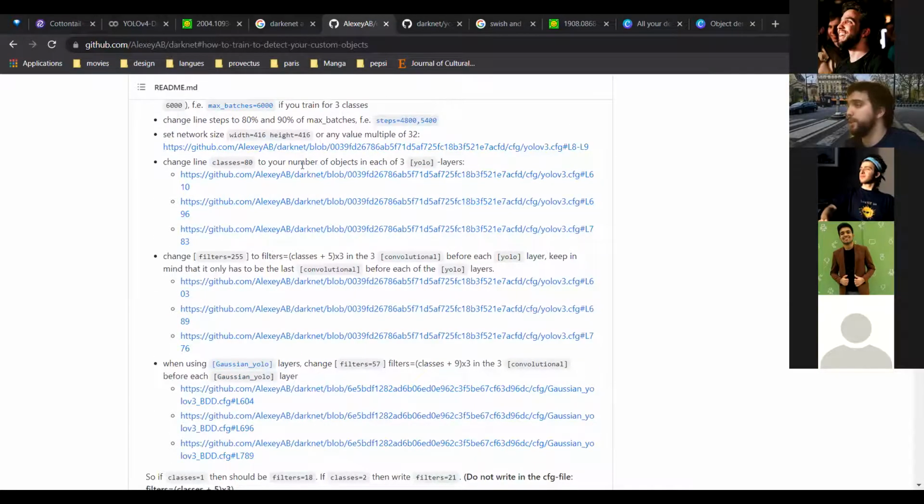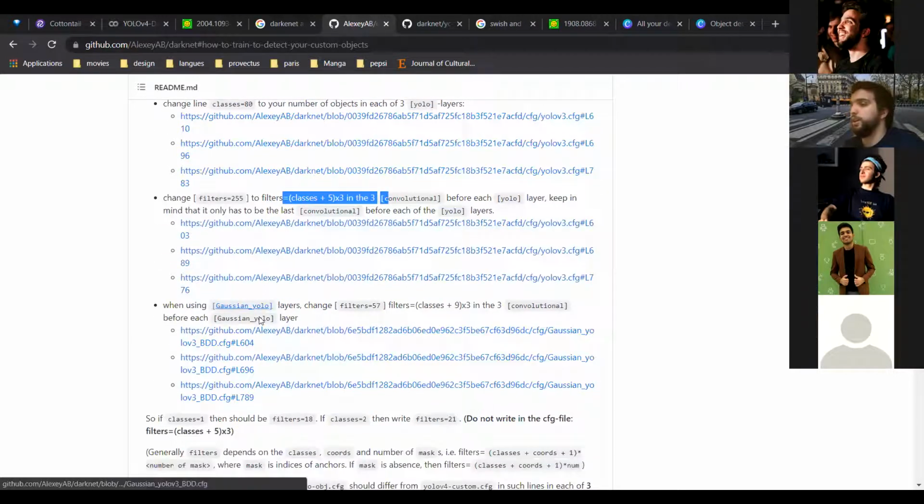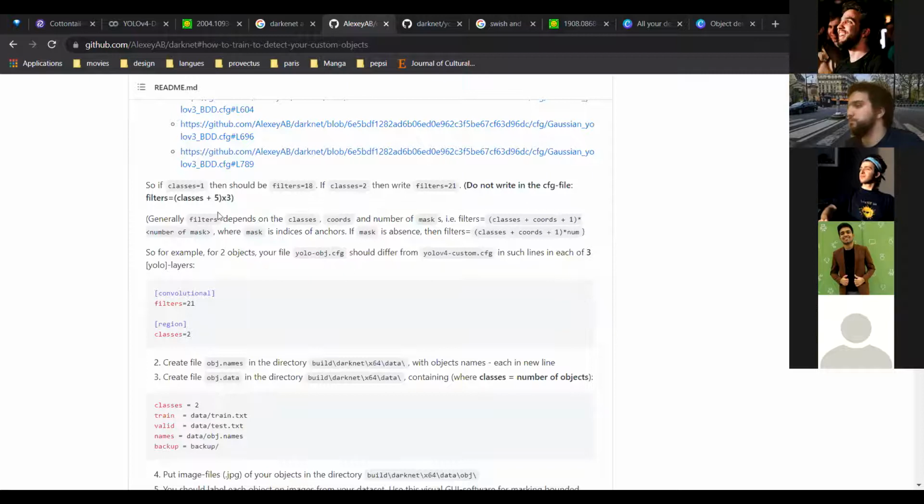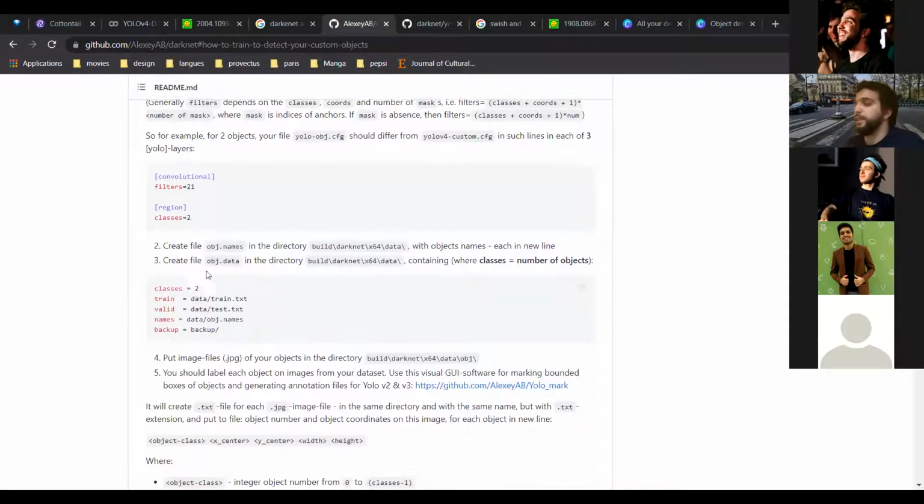Number of classes, number of filters. Here's the formula. This is another type of YOLO layer, not really interested in that. And that's it. Second step basically is to create this object.names file with the object names, each one on